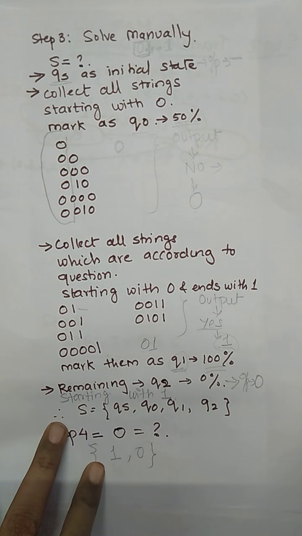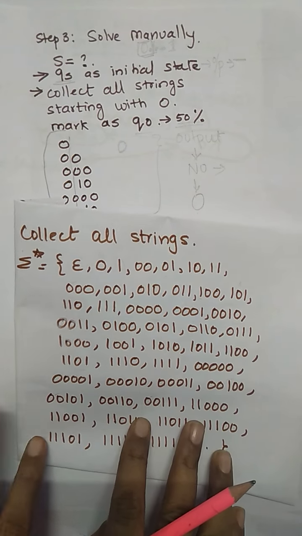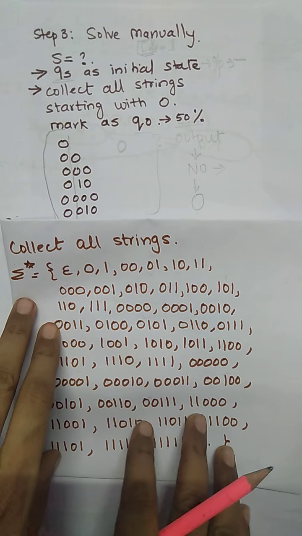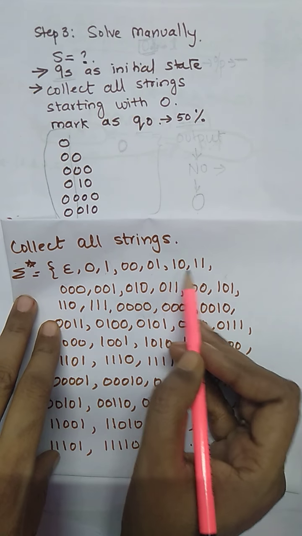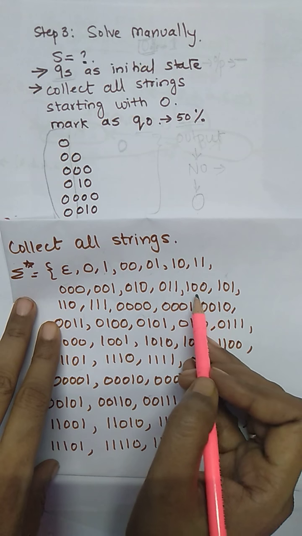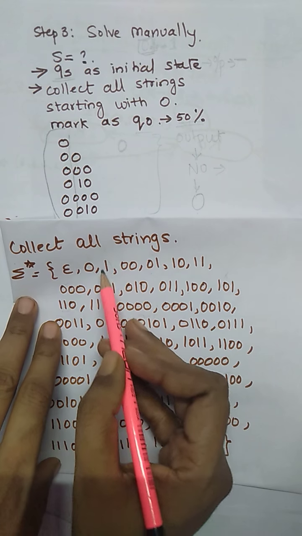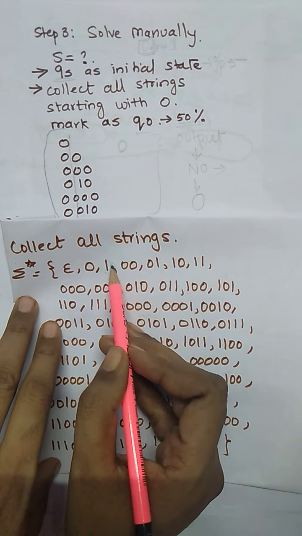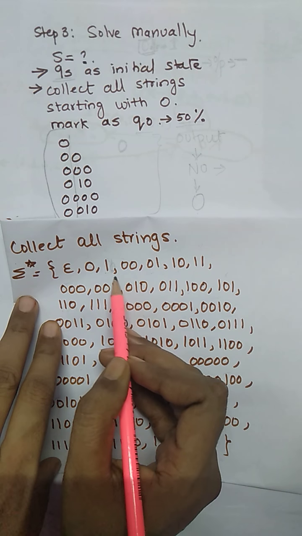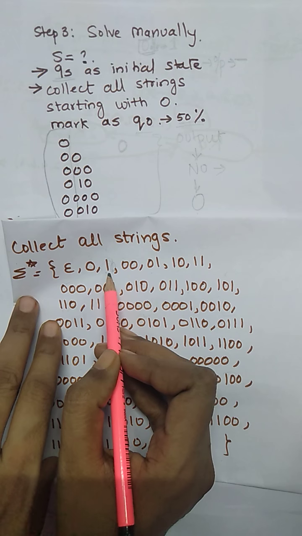What kind of remaining strings are not according to your question? Those strings will be completely rejected by your question. That is the string 1, string 10, 11, string 100, 101, 110. That is, those strings which do not contain the 50%. For example, after getting 0 also or after getting 1 also, this is completely rejected. So with the first combination, the first bit itself is rejected.